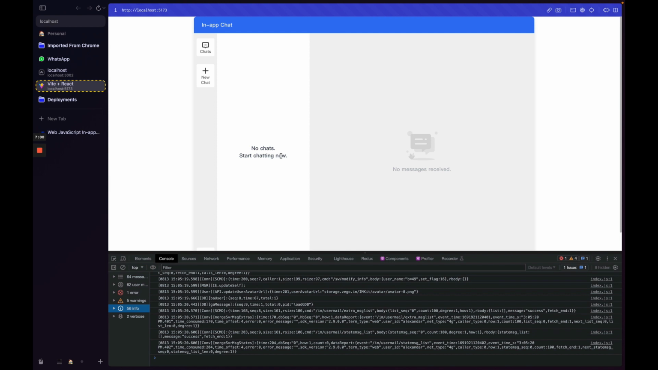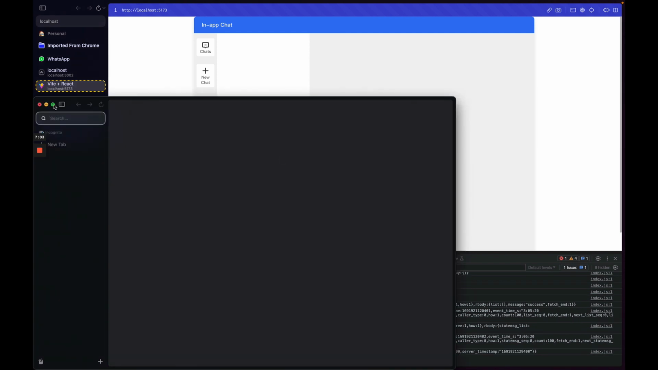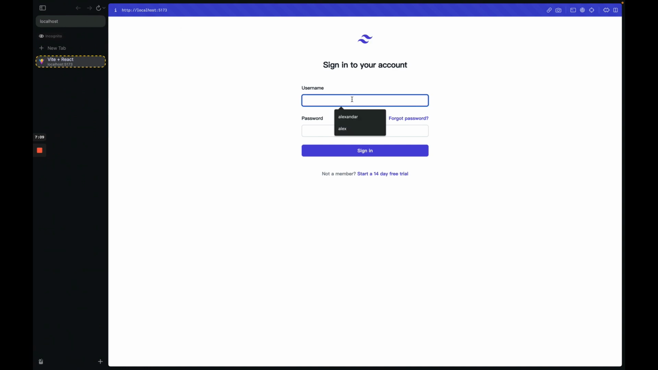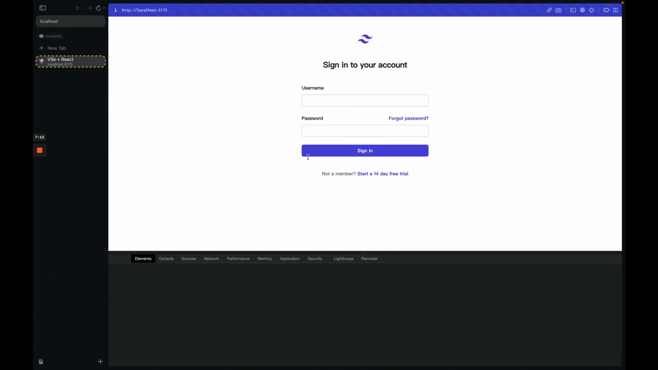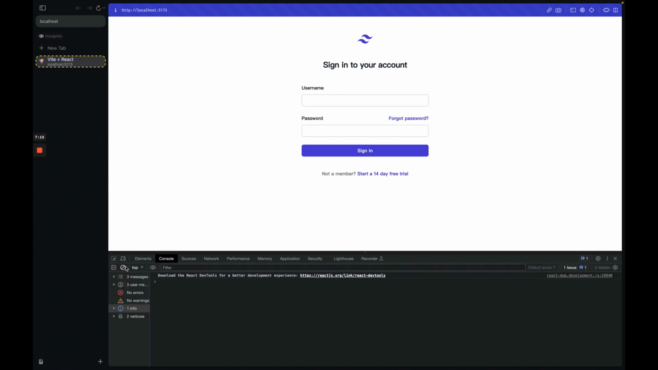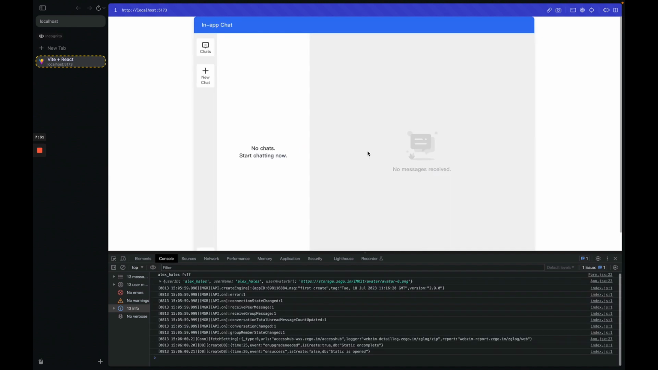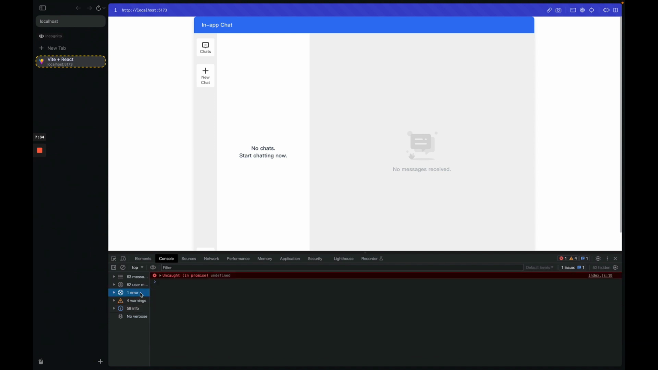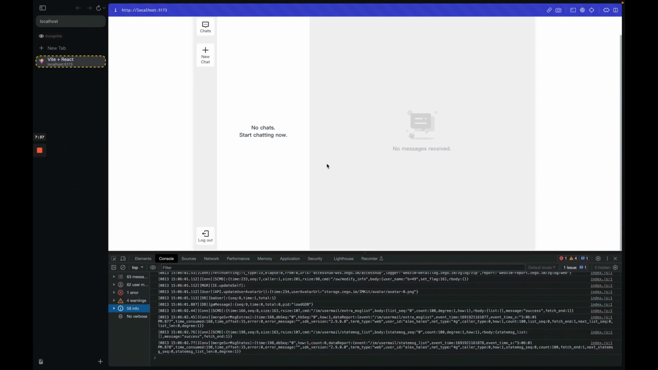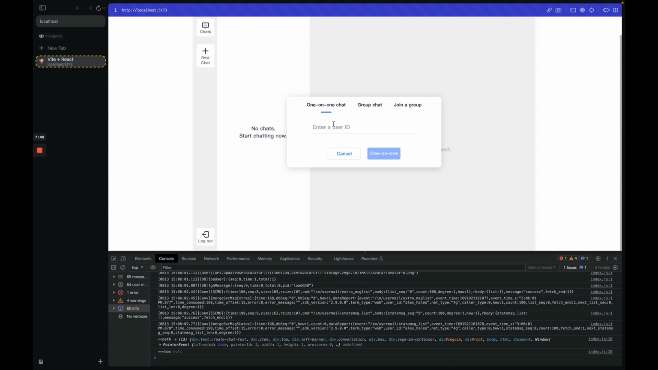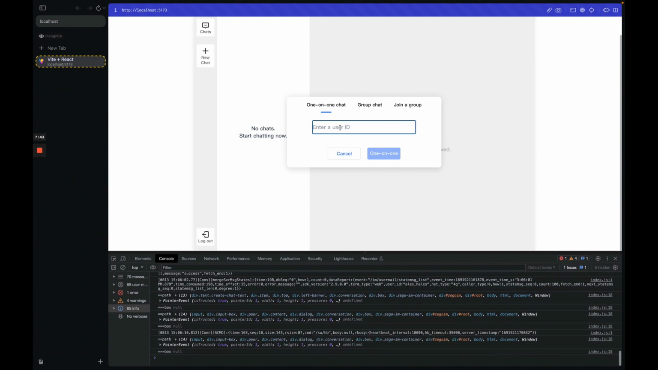So for that reason, let's open a new tab and again open the local host and create another account. Let's see, Alex_Hales. Okay, so let's see. And then we sign in again, and it's also working. Let's create a new chat by enter a user ID, which in our case is Alexander. Okay,